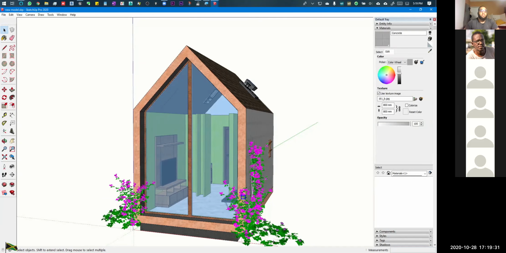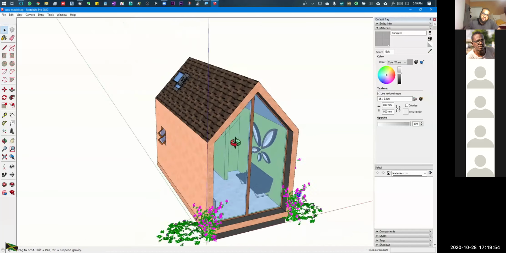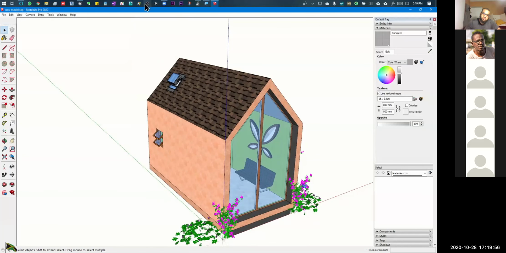Okay, so we have a couple of persons here. I just need to show you one thing so that you're now able to place your model into Photoshop. Don't worry, I won't be bombarding you with new stuff today. I'll just show you this one thing and then the rest of the time is just working. All right, now if you look on the website,